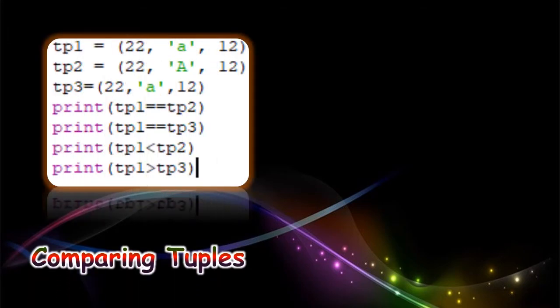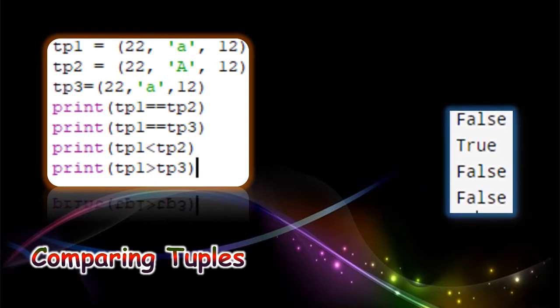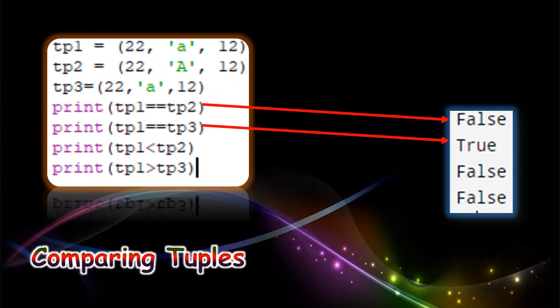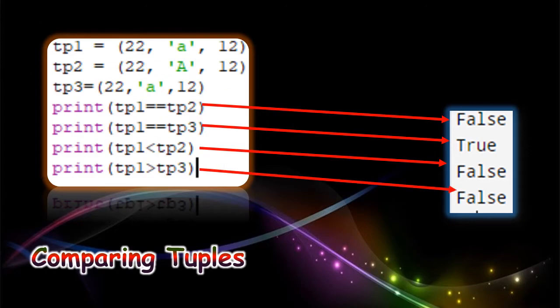And we can compare tuples using the relational operators. So there are three tuples, and tuple 1 and tuple 3 hold the same value. First we compare tuple 1 and tuple 2, not equal, so false, and 1 and 3 is equal, so it returns true. And tuple 2 is not greater than tuple 1. And tuple 1 and tuple 2, even though the values are the same, see, like how 5 greater than 5 is false, likewise even though both are equal, it's showing false.